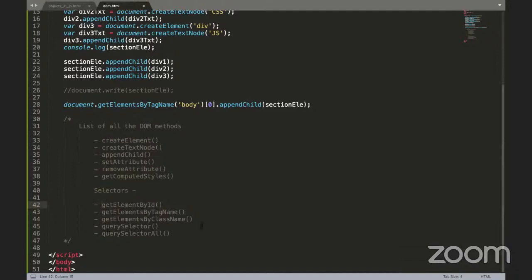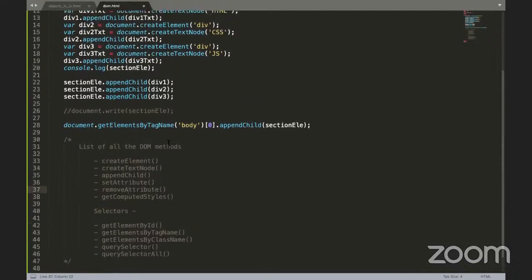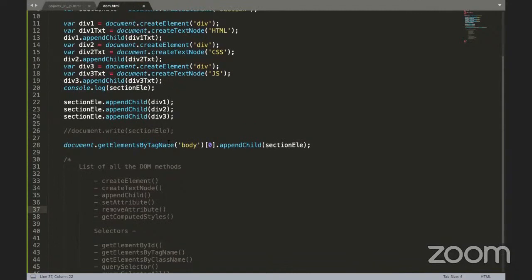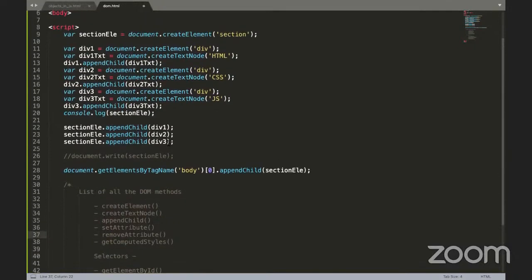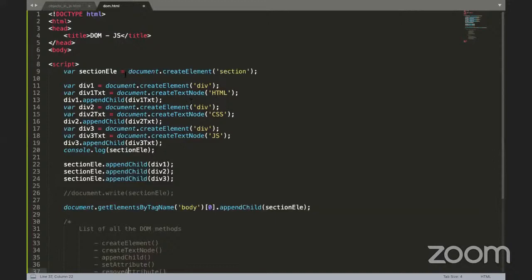Next, let me talk about, I think we had a discussion of createElement, createTextNode, appendChild, setAttribute, removeAttribute. Now setAttribute and removeAttribute, I'll tell you my dear friends, if you want to add any attributes, adding a class is also an attribute. For an image, src is an attribute. For an anchor, href is an attribute. And adding an ID to an element is also an attribute. Then see, for example, now my dear friends, for a section element,